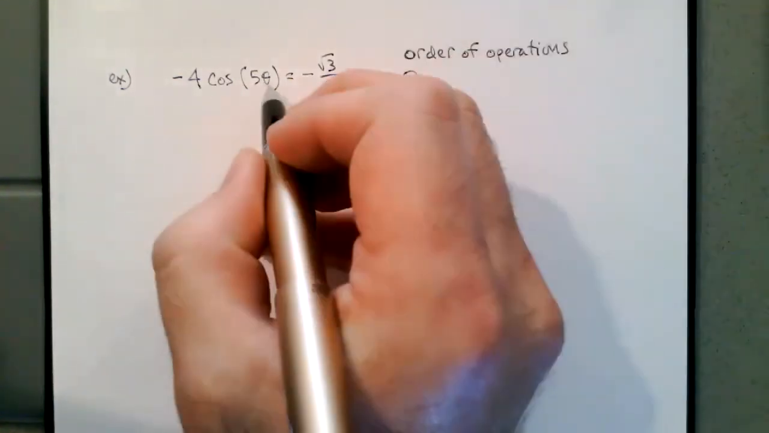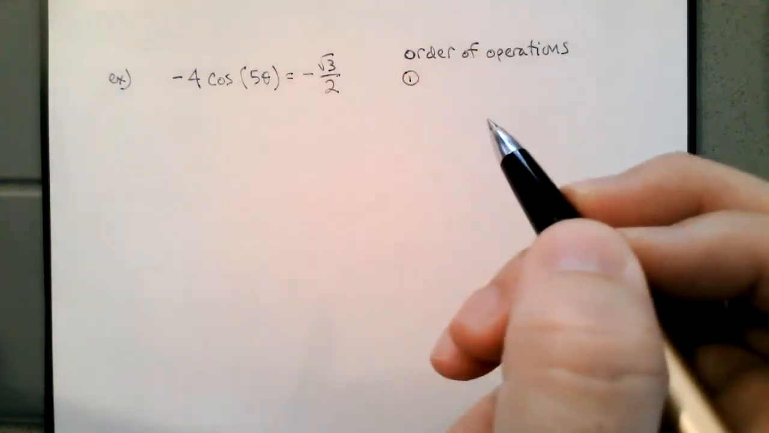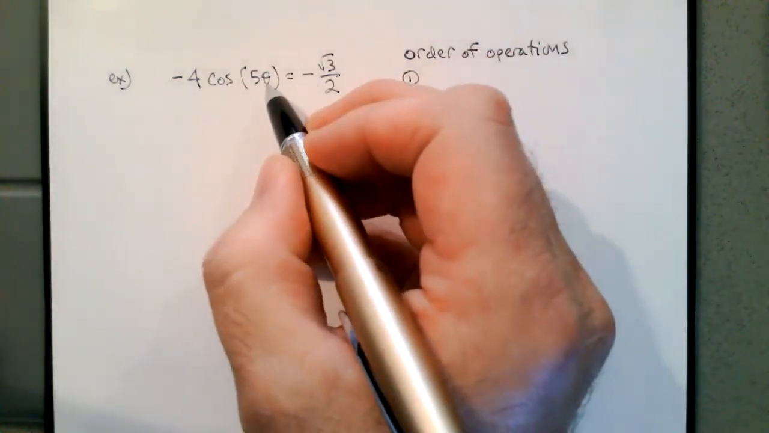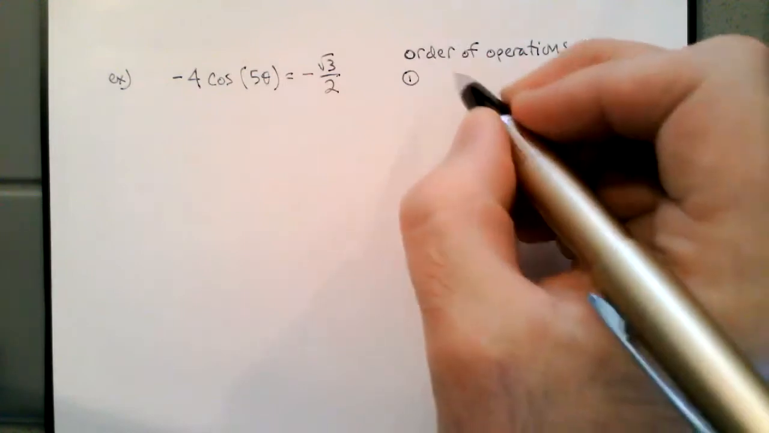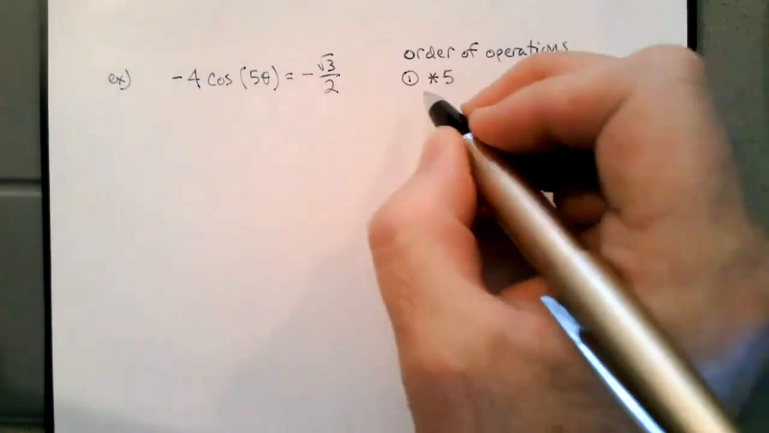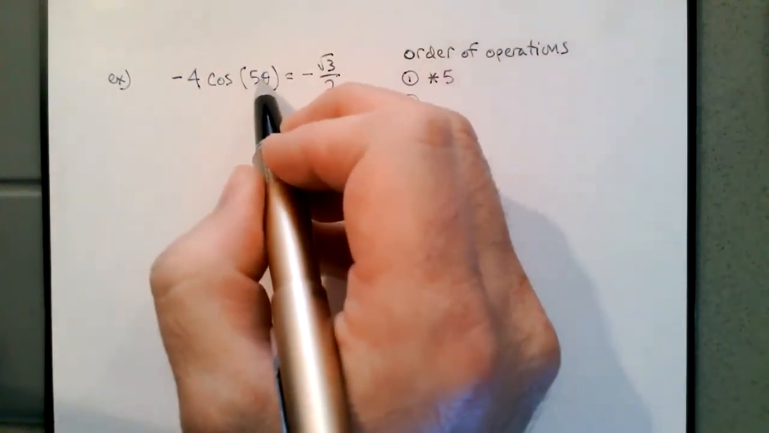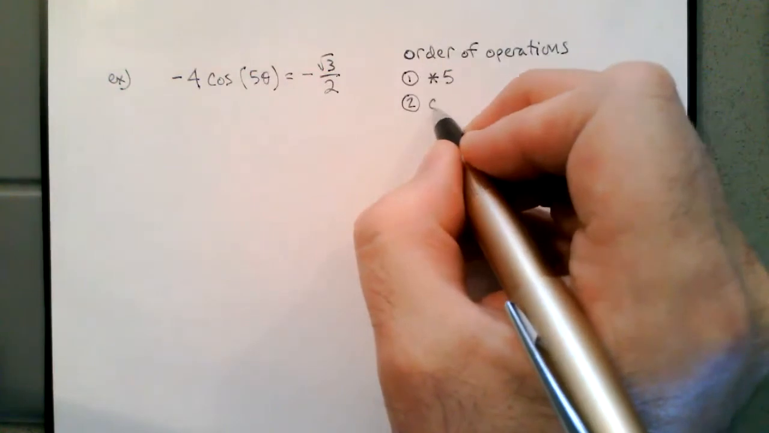So let's think about what will happen if we plugged in a theta. What happens to theta to turn it into a negative root 3 over 2? Well, the first thing that happened to a theta is it gets multiplied by 5. So I'm going to make a note because I think it's multiplied by 5. And then the second thing that happened is once we have 5 theta, we find the cosine